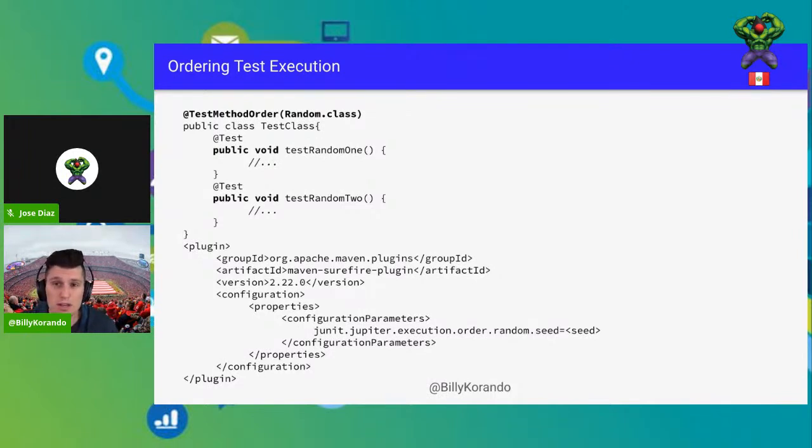So where this could be useful is if you think there might be some sort of issue where some tests have a dependency on one another, but you're just not quite sure about it, you can just toss this random order on it. And then if you're starting to get,